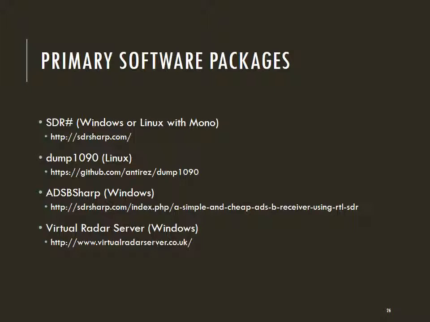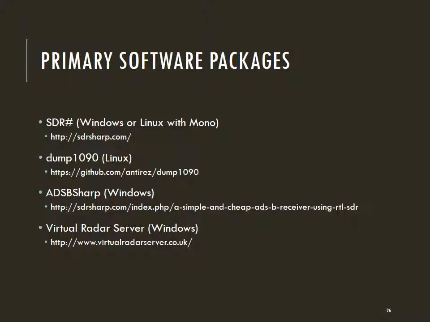Dump 1090 was the primary application we used. It's a Linux-based C application. You can get it on GitHub at the link you see there. It's extremely easy. It's command line based, but it also has a graphical component in the form of a web browser. So with the right switches, you can actually view a local Google Maps instance where it will plot the airplanes on the map for you as the frames are